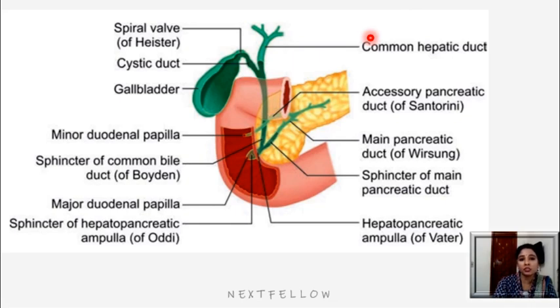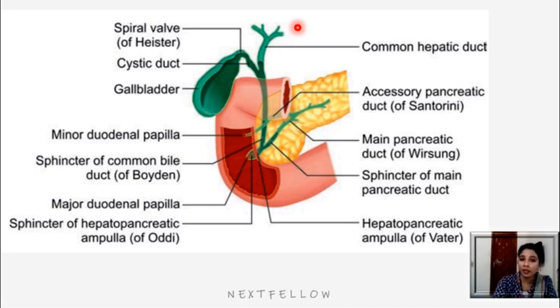The common bile duct leads into the duodenum, and at the entry of the duodenum it is joined by the main pancreatic duct to form the ampulla of Vater, and together they enter the second part of the duodenum, surrounded by a sphincter. The sphincter of the common bile duct is called the sphincter of Boyden, and there is a sphincter of the main pancreatic duct, and the hepatopancreatic ampulla is surrounded by the sphincter of Oddi, which controls the flow of bile and pancreatic secretions into